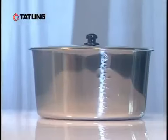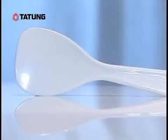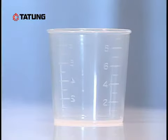This product is sold with the following pieces: outer pot, inner pot, steamer pan, rice spatula, measuring cup, warranty book,